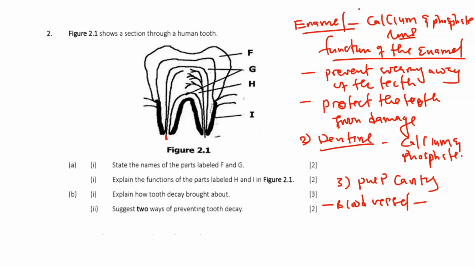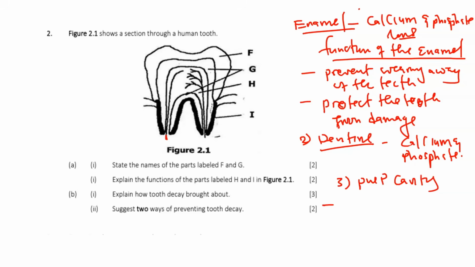supply the teeth with oxygen and food, and of course the nerve cells are for sensitivity, so they respond or detect, it makes the teeth sensitive to stimuli. So we can say it makes the tooth sensitive to what? To stimuli. And the kinds of stimuli are temperature, pressure, and of course pH. So those are the functions of the blood vessels and